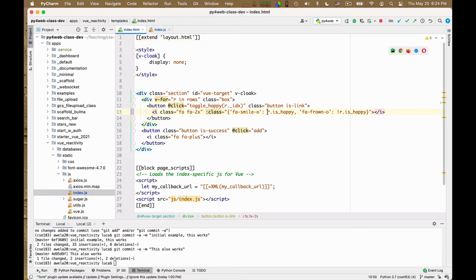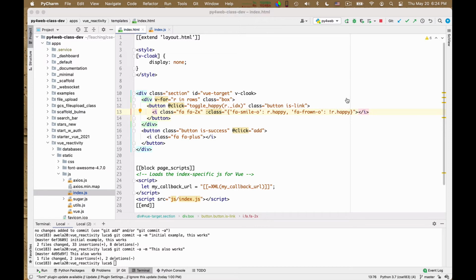I used here for the class r.isHappy instead of r.happy. And so this does not generate an error because the variable r is bound by this loop, and rows is bound. So there is no error such as, Vue does not contain a declaration of this, and yet nothing happens. So sometimes you have to look carefully with sharp eyes, and I don't have a really better suggestion, at the names of the attributes you are using in the view, because if here in the template you use an attribute with a wrong name, you will get a null value out of it, but you won't get an error.